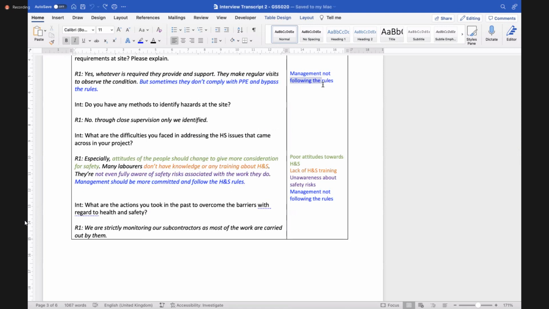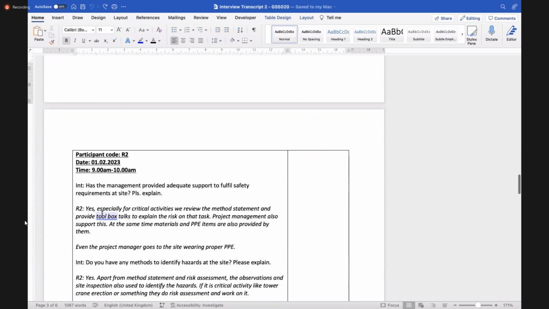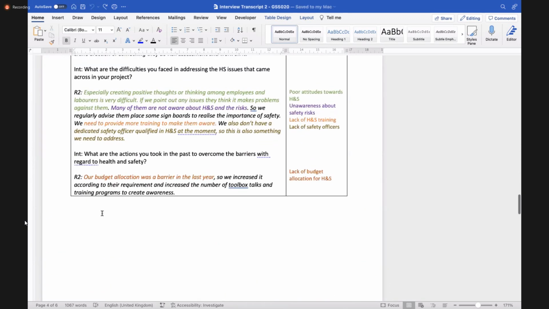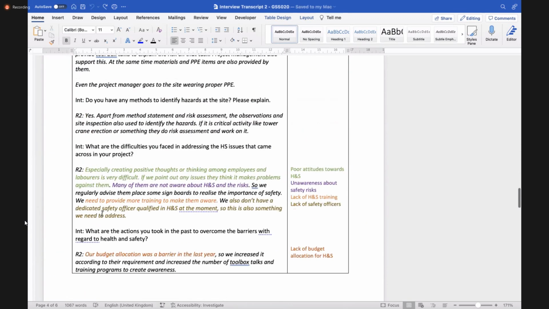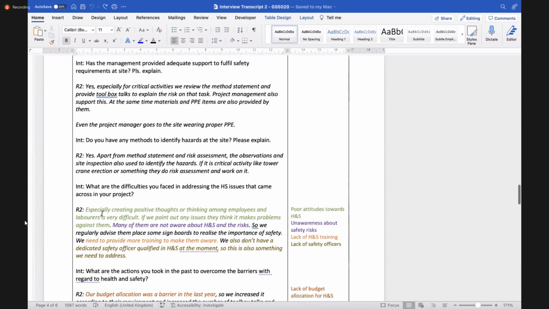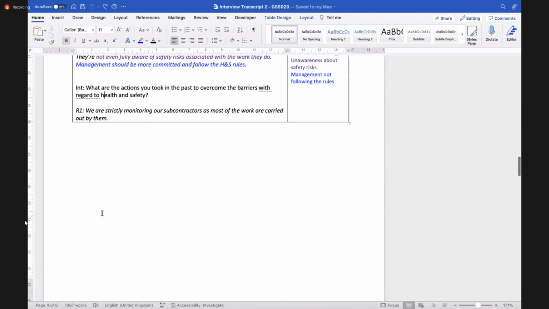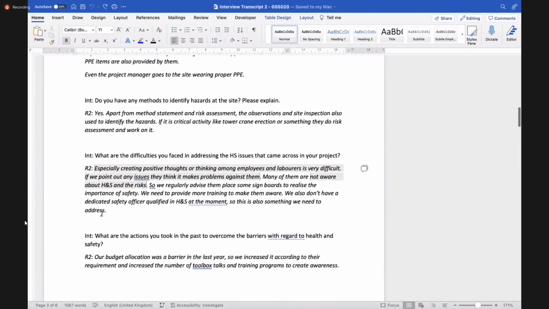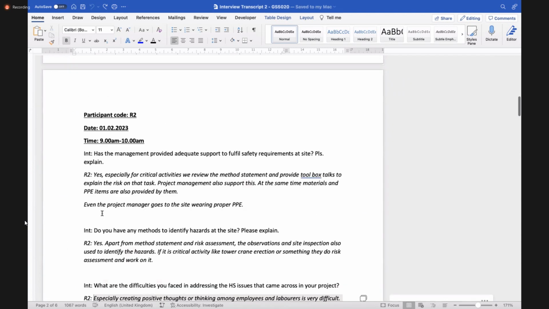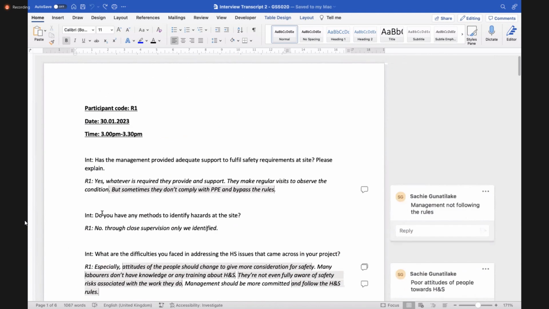When the same code is repeated, you can use the same color. And keep going for the next transcript as well. So both those ways you can do your manual coding.